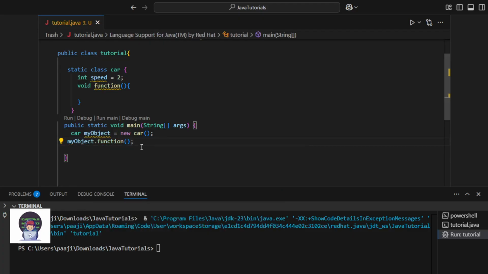We didn't change anything, we just told the program that this function is stored inside my object. If I just type function, it asks, what is this function? I don't know, where have you defined it? So my object tells it that the function is inside my object.